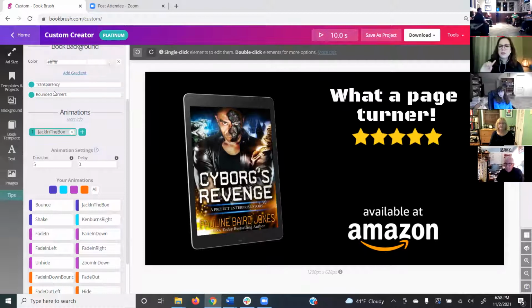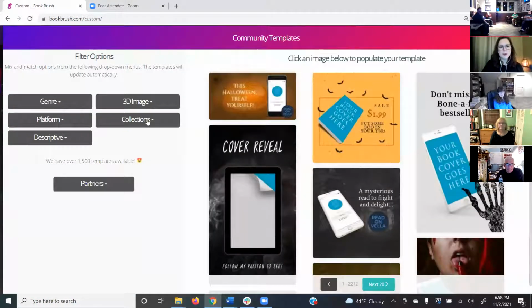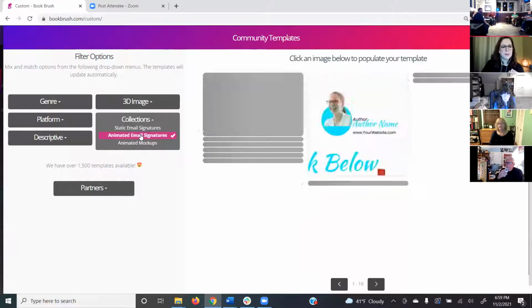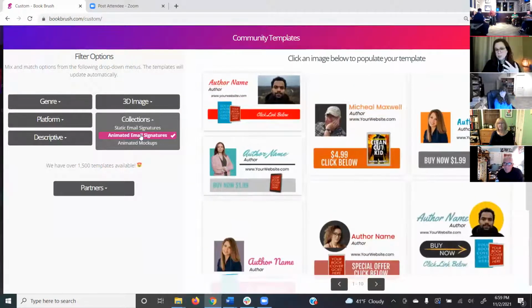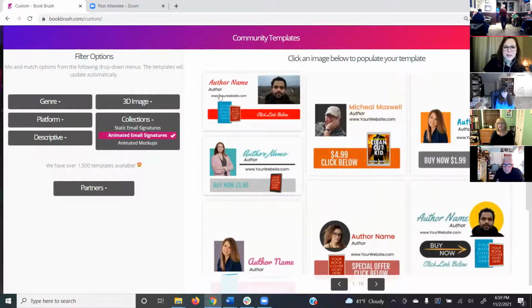All right, so two other things in here that are pretty new and really popular have some built-in animation so that you can look cool without having to do or know much about what you're doing. So we're going to go into the community templates here, and we have a tab called collections on the left, and there are animated email signatures and animated mockups. So we'll peep the email signatures, and this is literally the largest webinar I ever had from our BookBrush folks when we launched these, because everybody wanted to see what they would do. So I'm going to click on one,